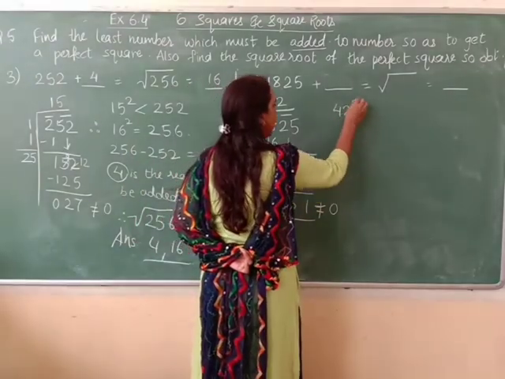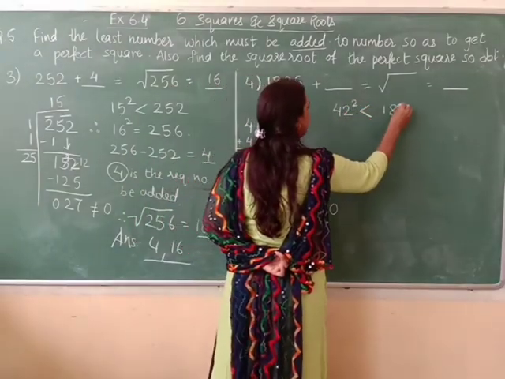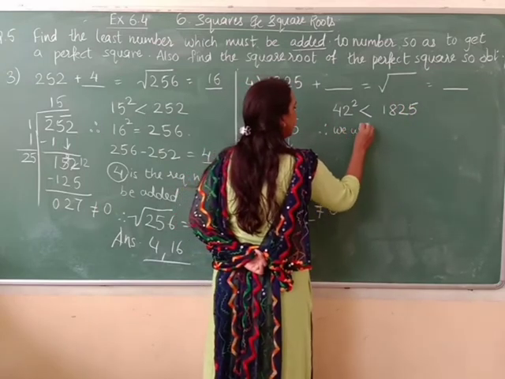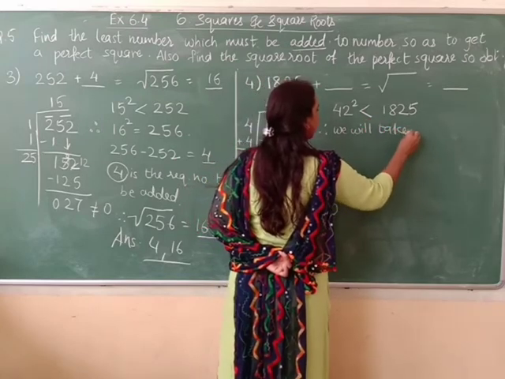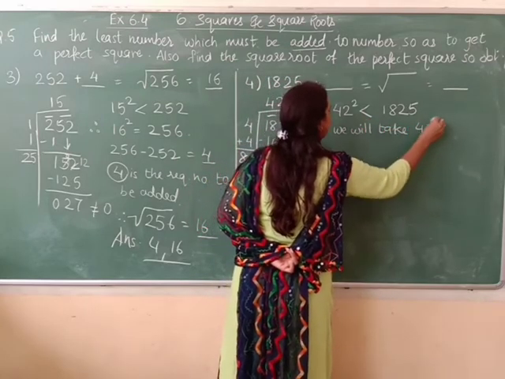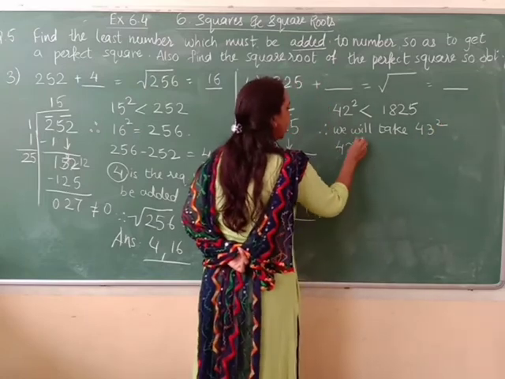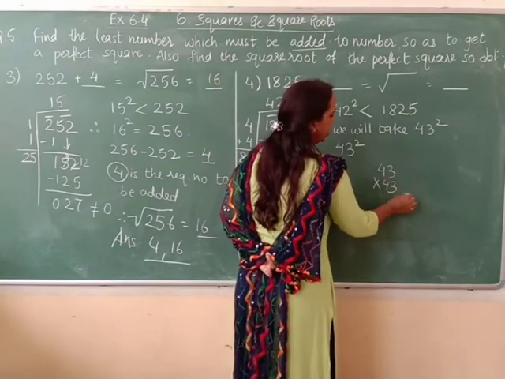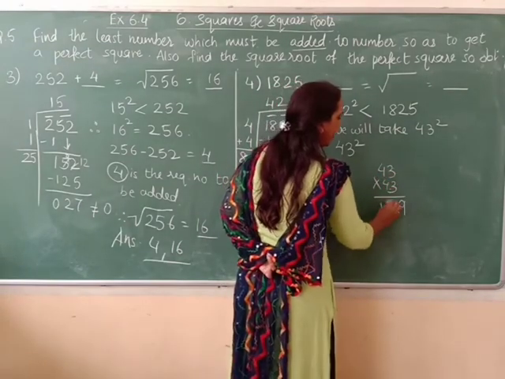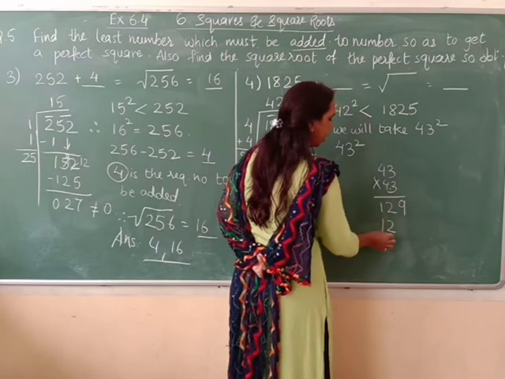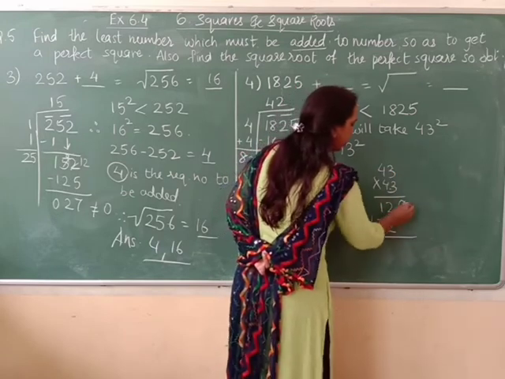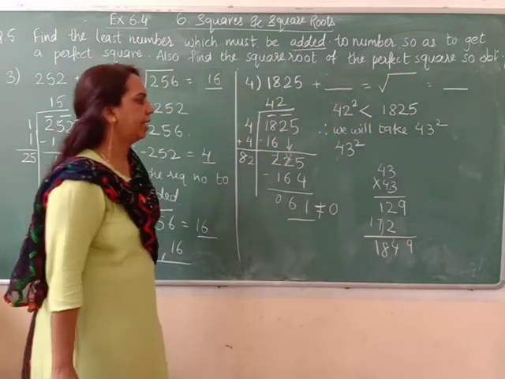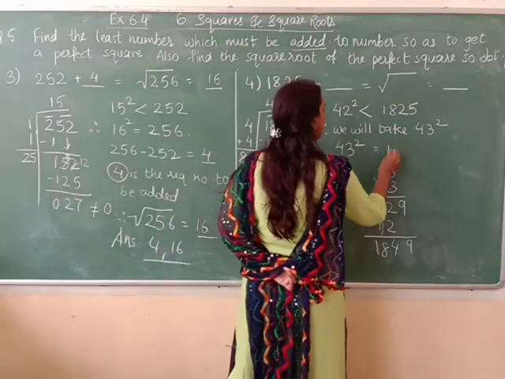So 42 square is less than 1825. Therefore, we will take 43 square. Now 43 square, what is that? Check it out. 43 into 43. 3 into 3, 9. 4 3s are 12. 4 3s are 12 and 4 4s are 16. That is 1, 4, 8, 9. So 43 square is